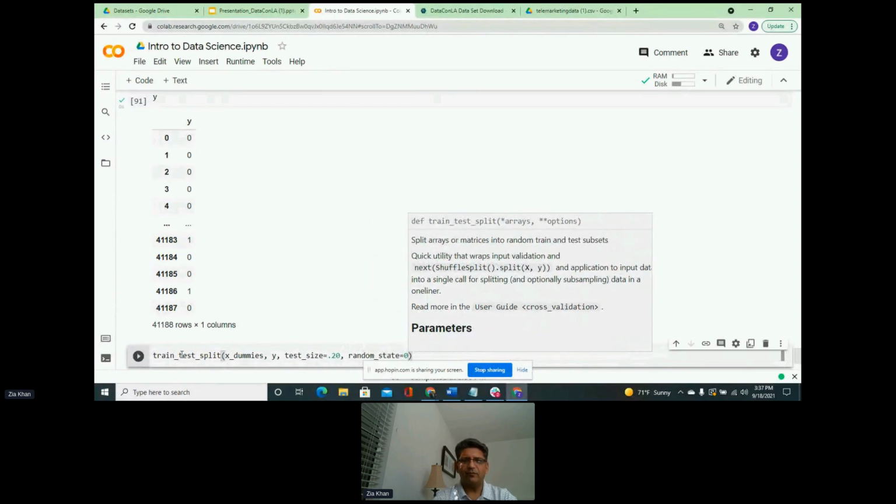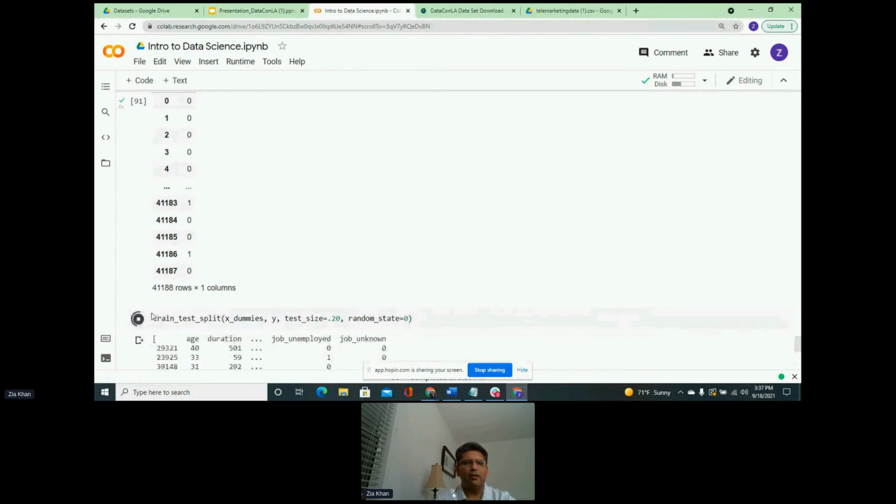So exactly the same features. Oh, I forgot to assign it back to X train. So I'm going to assign this back to X train, comma X test, comma Y train, comma Y test, and let's run this.